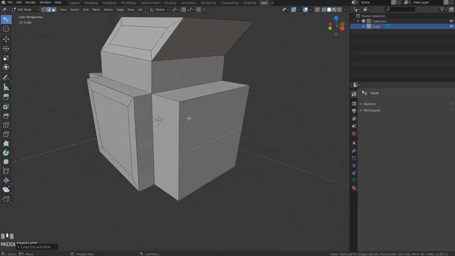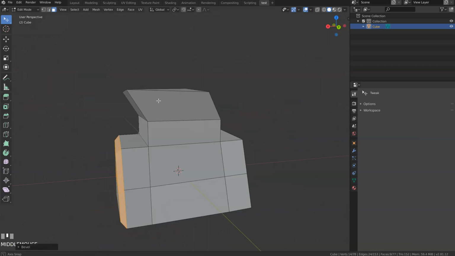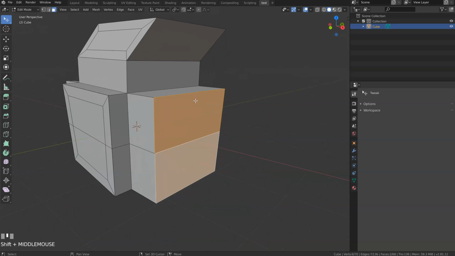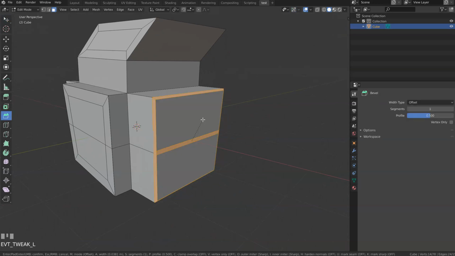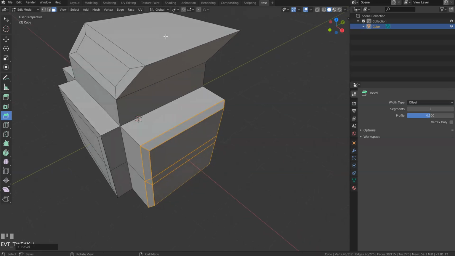You can select: I will press 1 on the keyboard to select the vertices, 2 the edges, 3 the faces, and you can press Ctrl B to do this. Okay, so this is the same, I will undo to show you, as this one. Click and drag, like that. Because this one, you are directly on this mode, and you stay on this mode.